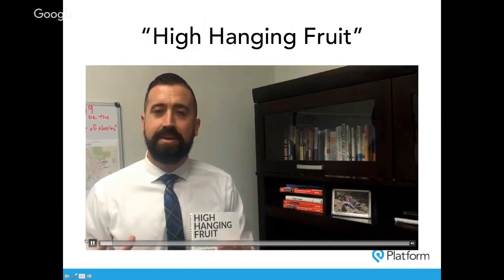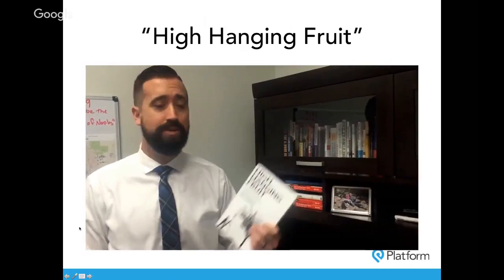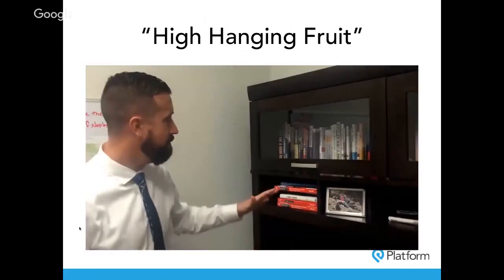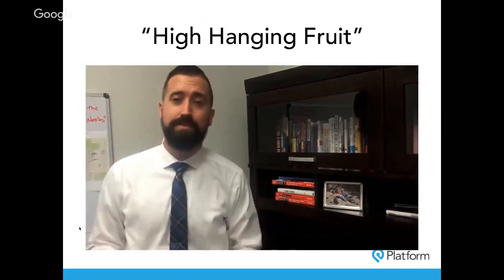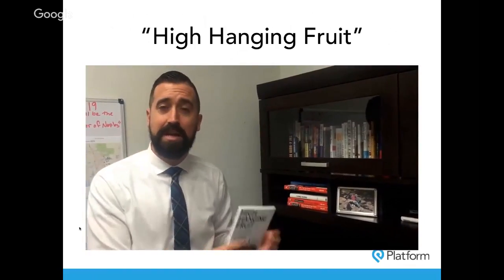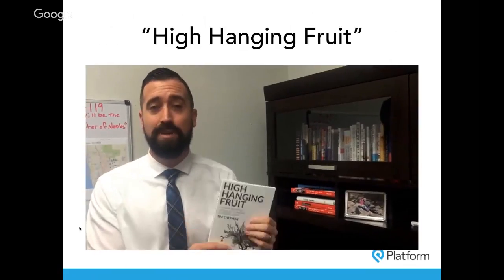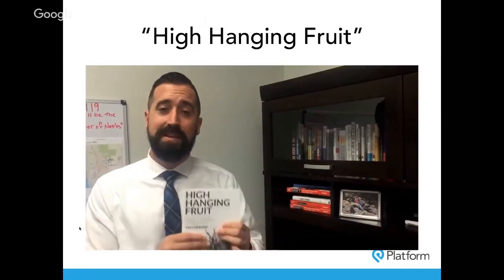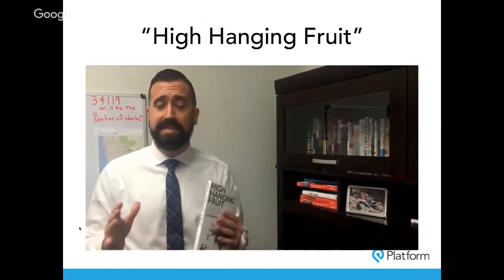It's Jonathan Garrick, real estate agent in Southwest Florida with Keller Williams Realty, and I'm here today to talk to you about the book High Hanging Fruit and the Platform System. And if you've never read any of the books by Gary Keller, The One Thing or The Millionaire Real Estate Agent, they give you the real big picture thinking on how to come up with a business plan and to grow your real estate business. This is the rocket fuel to that system, to actually how to market your business and yourself effectively. So definitely, if you're interested in this book, pick up a copy and also contact Platform.